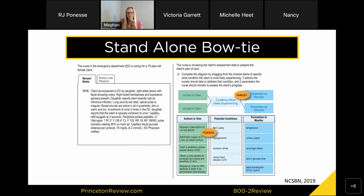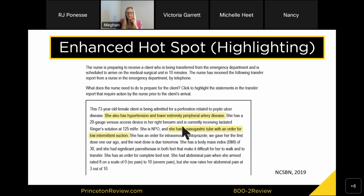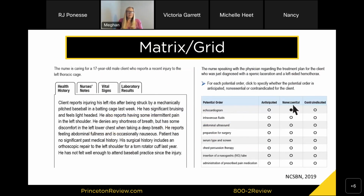All right, we are already to our standalone. So those are our new NGN questions that you will see. You will see them all in case studies. You will not see them outside of a case study. They will be, of course, in the first 85 questions. Then if you go over 85, remember, you will have standalone questions, and the two new standalones are